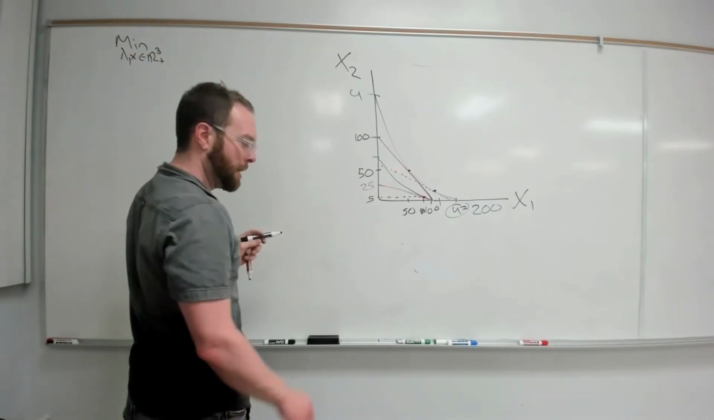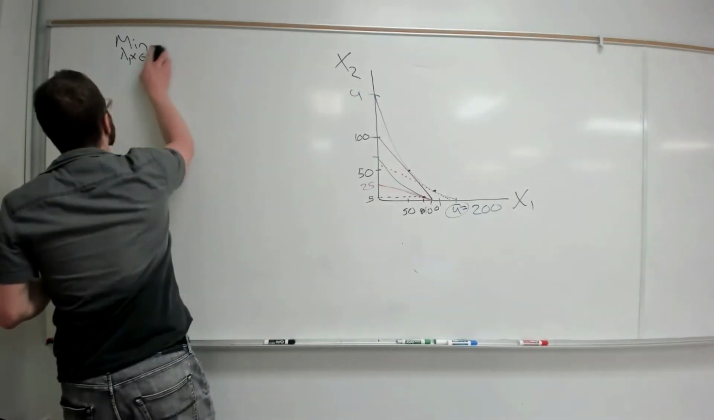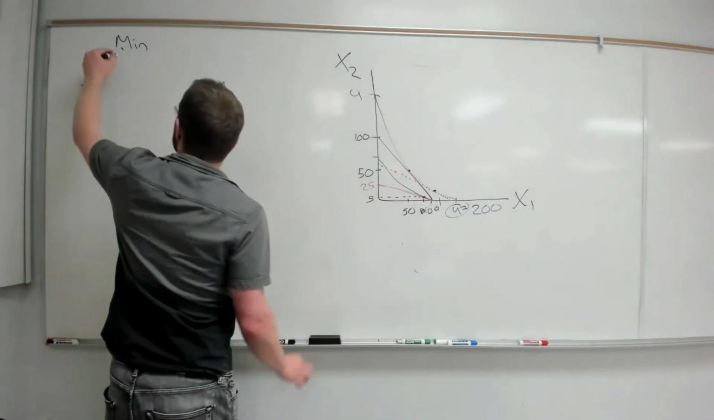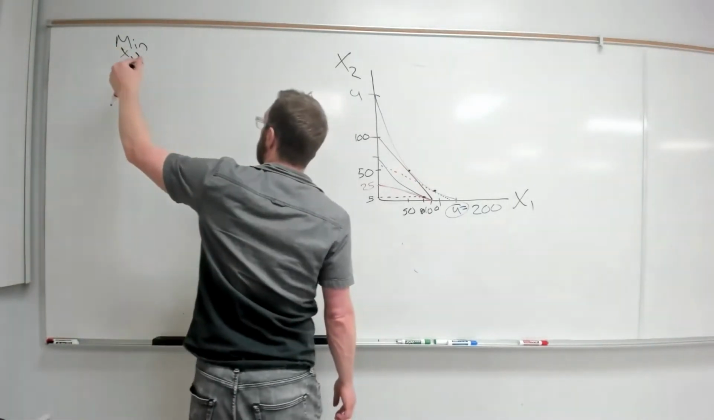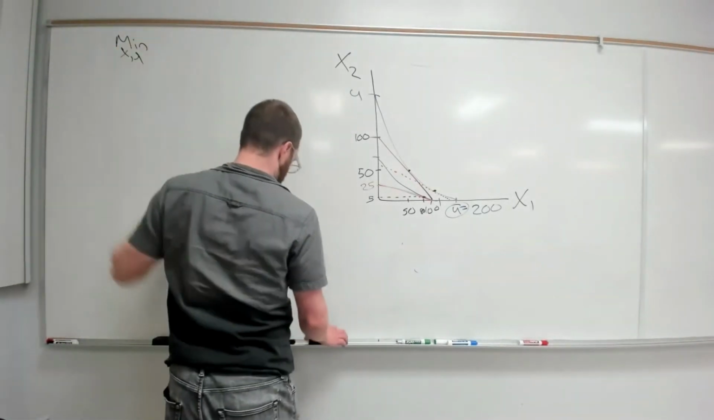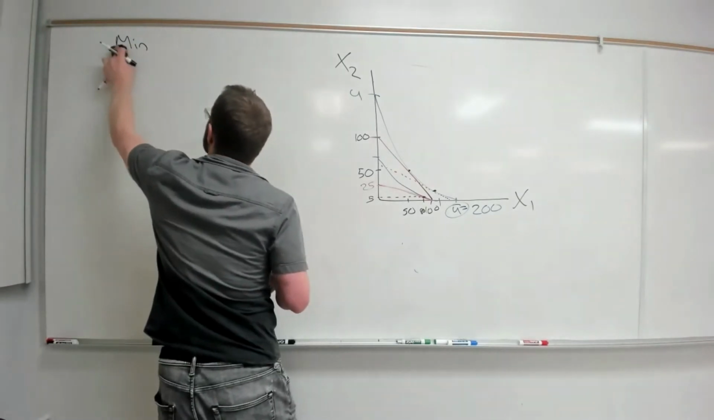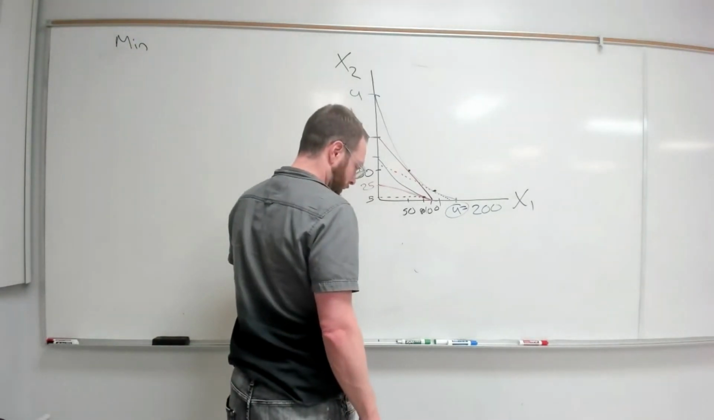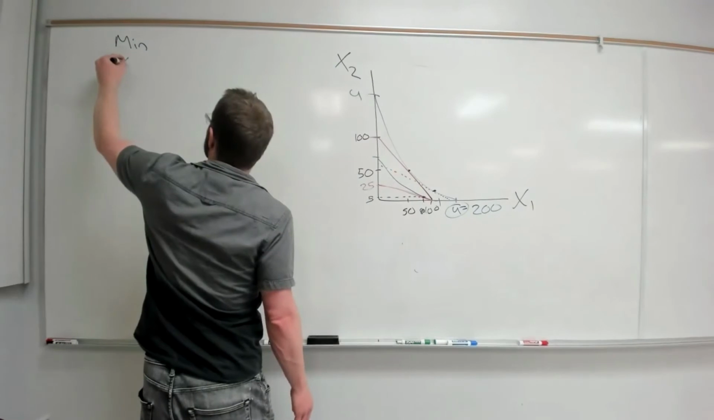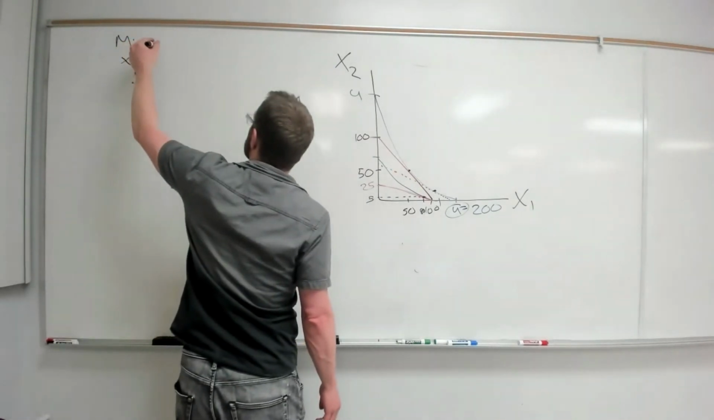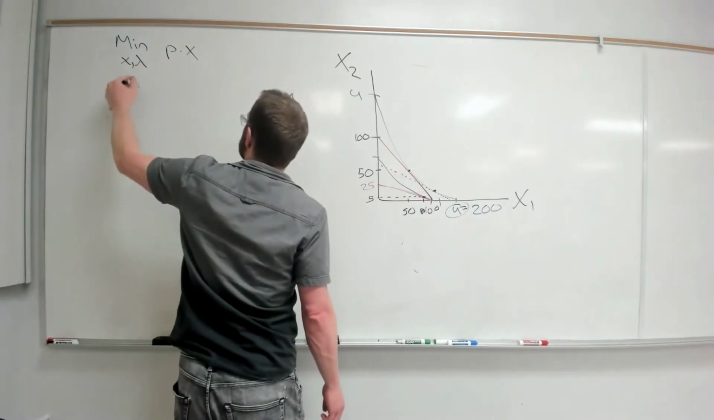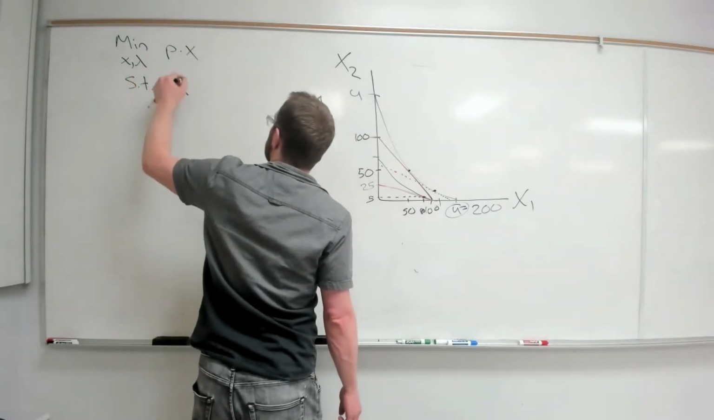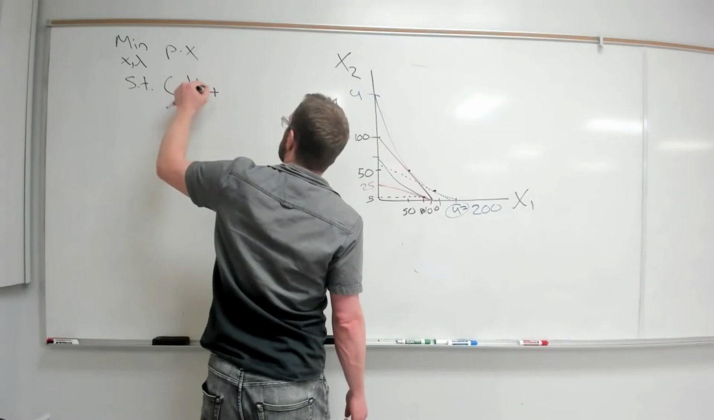Does lambda have to be positive? No, it does not. So let's say this. Let's just not say where they're coming from. We know what they are. We're choosing X and lambda. Sorry, guys. We're choosing X and lambda to minimize P dot X, subject to the constraint that this utility